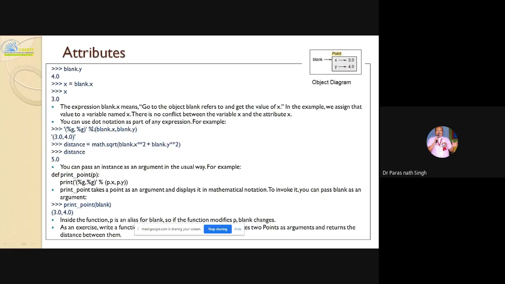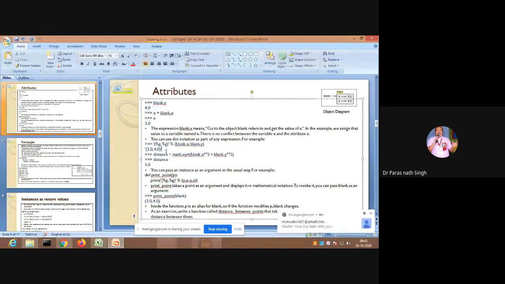Only one % symbol and the value of the variable or object data you want to display, and it will display 3 and 4. And if you want to compute the math.sqrt, so you are calculating the distance, but for math.sqrt, import math must be there.